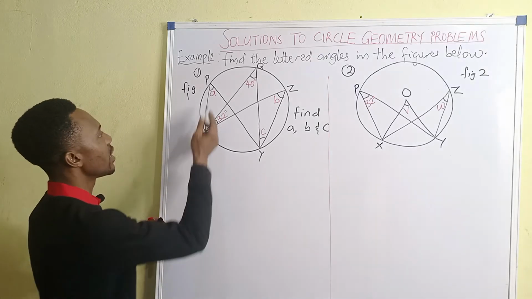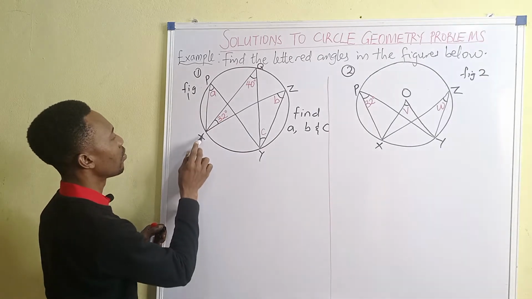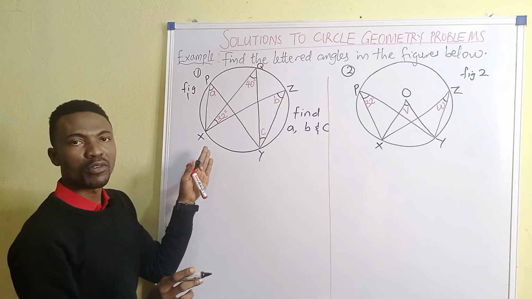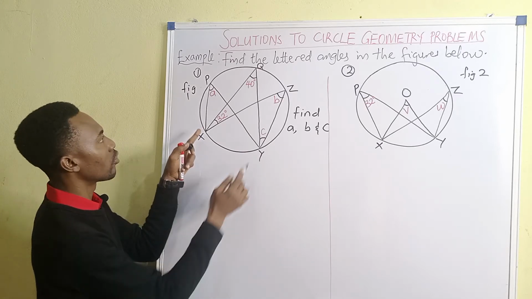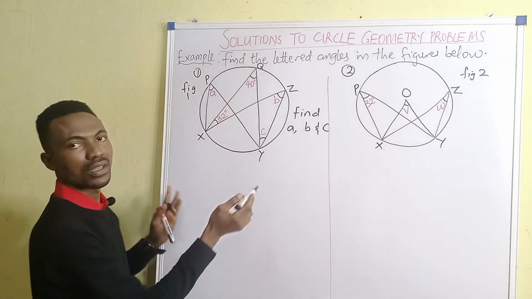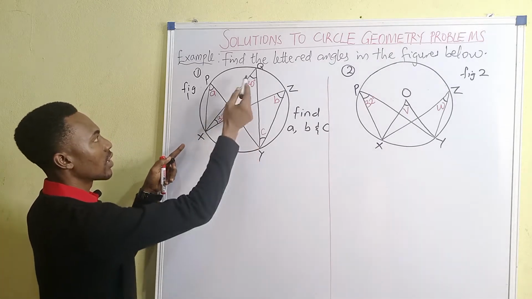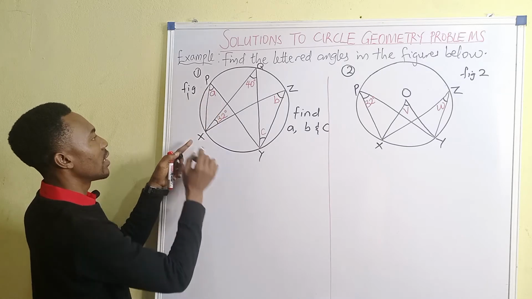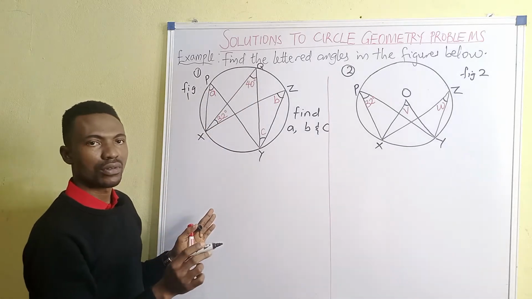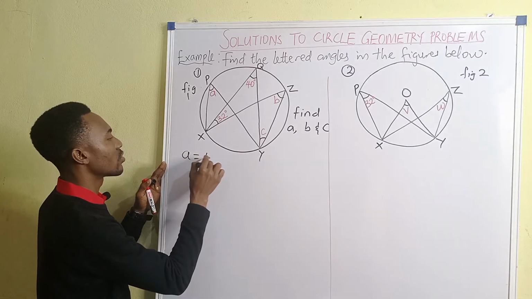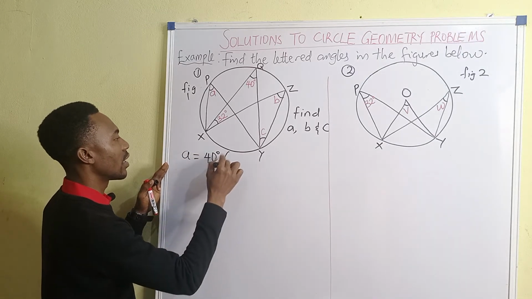Now look at A. A is coming from point X and point Y. Is there any angle coming from point X and point Y on this circumference? 40. You can see 40 is coming from point X, also coming from point Y. So angle P and angle Q are equal. We can say that A is equal to 40 degrees. And the reason is that